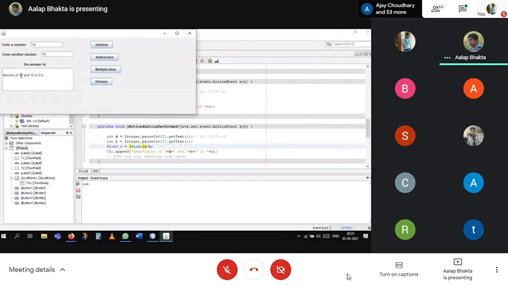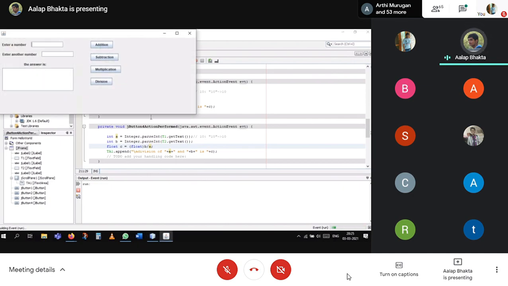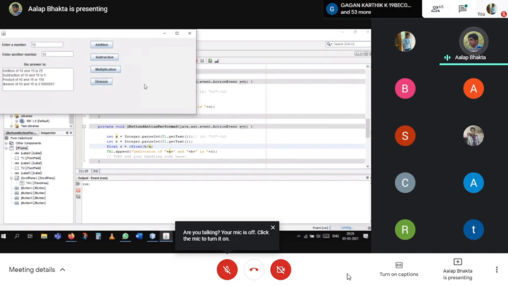A divided by B becomes 0. Right now it comes 0. If I change it to B divided by A, then your calculator is working. But if you want to do a more proper calculation, you have to keep the bigger number in front in subtraction, and in division you have to keep in mind that float is there. So this is the basic calculator we have designed.